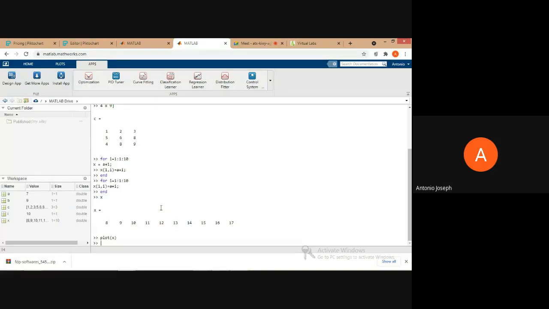As we went through the toolbox and all, we had seen a lot of packages available with MATLAB. Now if you want to know more about what is available with MATLAB, just type the command 'why'.